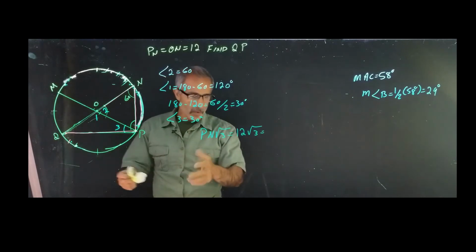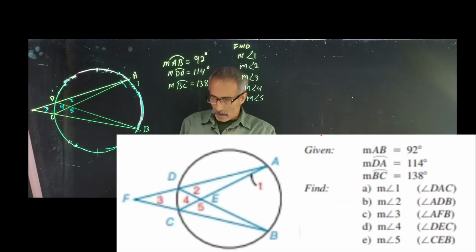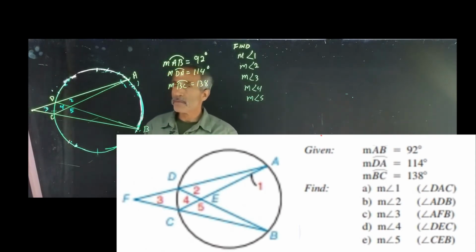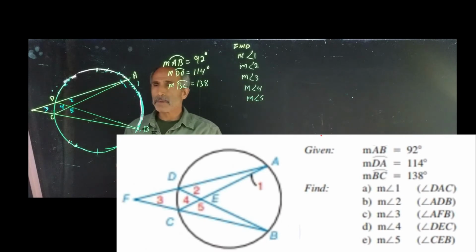Okay, let me erase this. We go to the next problem. Take a look at this problem here. We have this shape here, and we want to find out these angles, but what's been given is the arc of